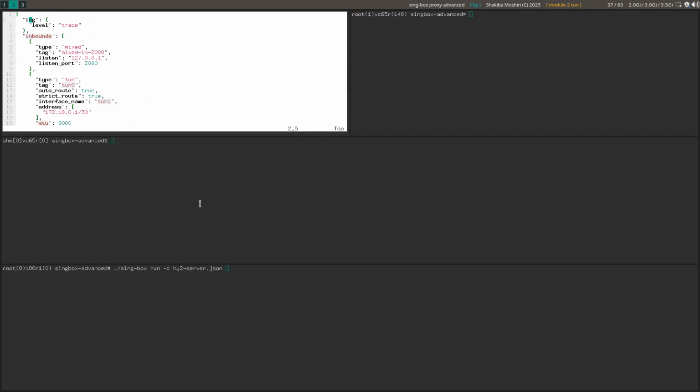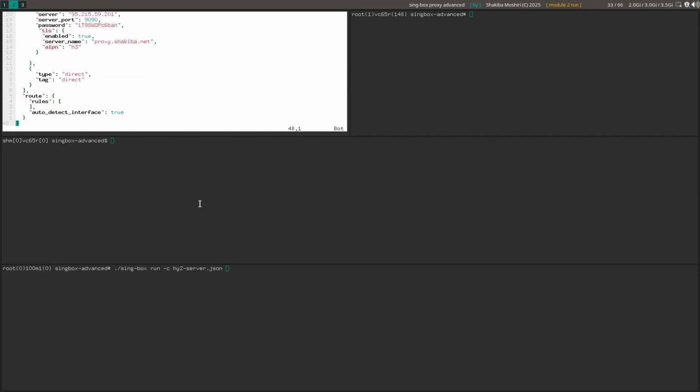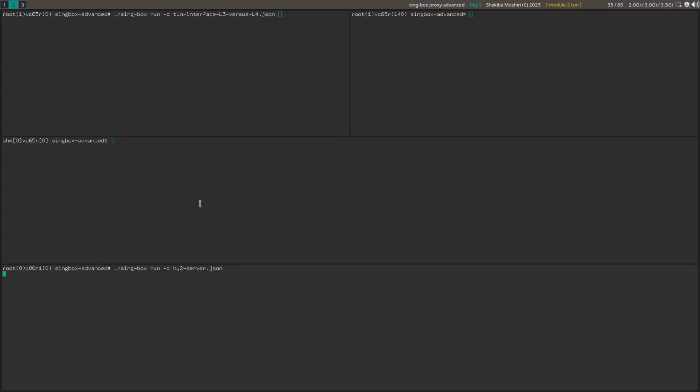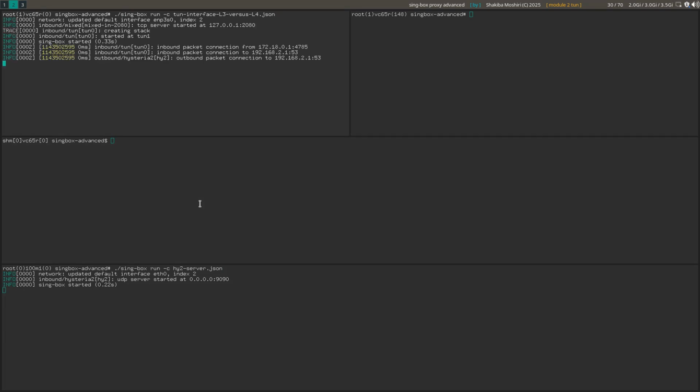So we have the TUN interface with auto route and strict route enabled, so it's a full tunnel. HY2 has been configured as the first outbound, so let's run that. And the very first one, you can probably identify here that this configuration doesn't work. We're running Sing-box version 1.12.8, and the TUN interface L4 versus layer 3. Let's run the server, with the full tunnel interface layer 3 and layer 4 comparison, and then